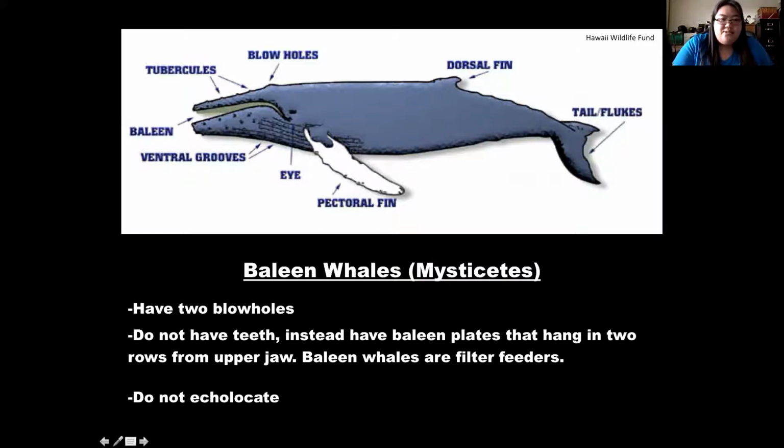And then they do not echolocate. So echolocation is common between the toothed whales. That's how they find their food. All they do is send out a signal. It bounces off the object, comes back to them, and gives them a mental picture of what they're putting their signal on: how big the fish is, how far it is, and things